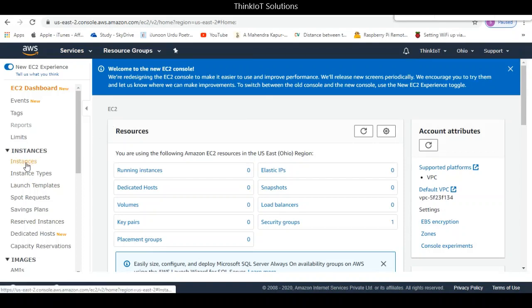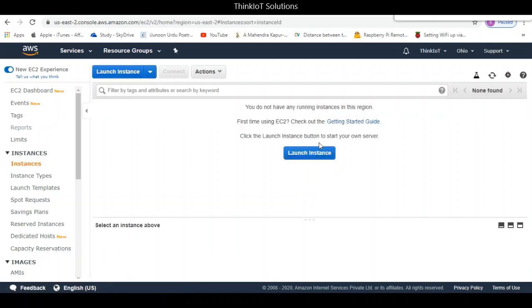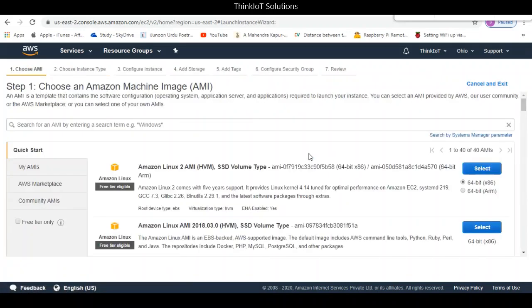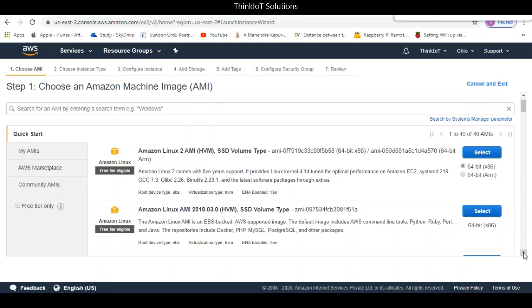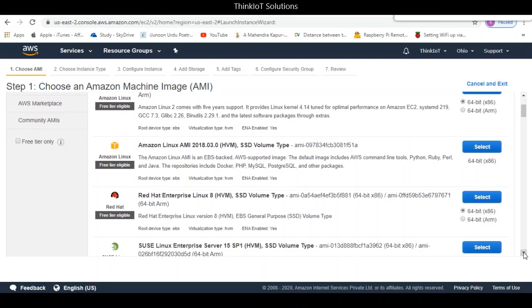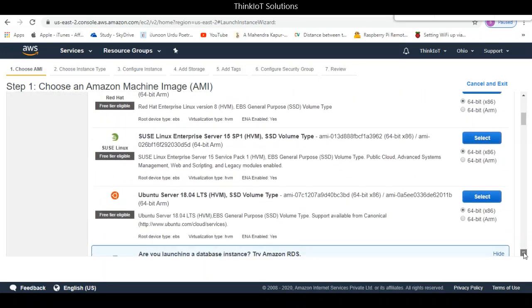Just go to the instances tab here, and it will show you the current instances that you have. Because we haven't launched any instance, there is none showing here. There's an option here to launch instance, so click on that. It just takes 2 to 3 minutes to get an instance and start coding. Basically we are going for the free tier, so you can just select something that is free.